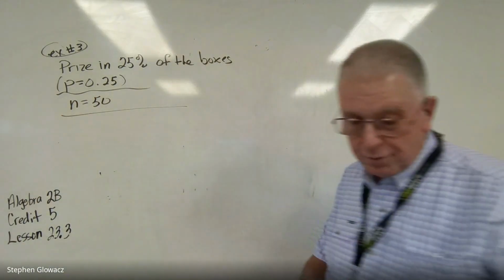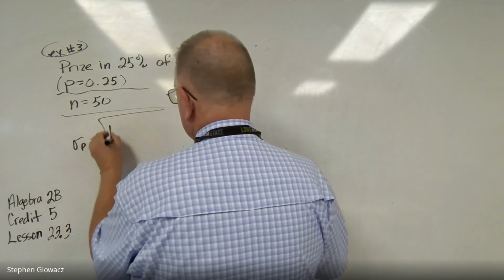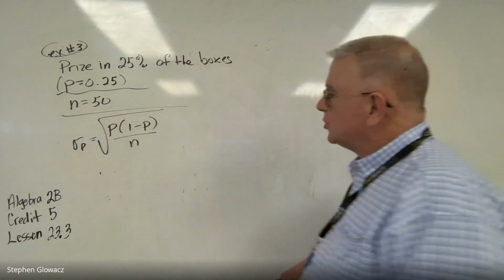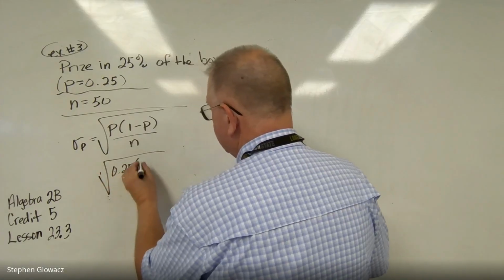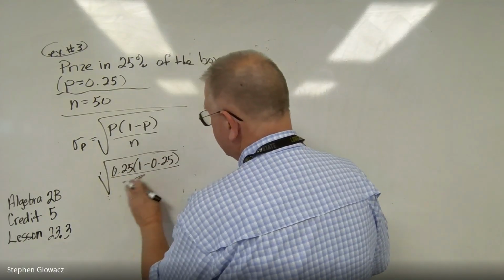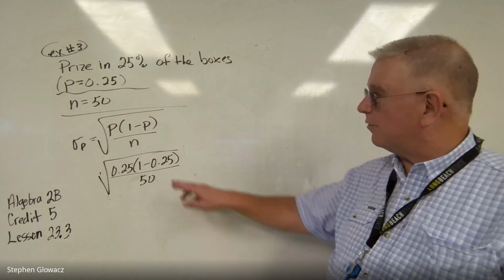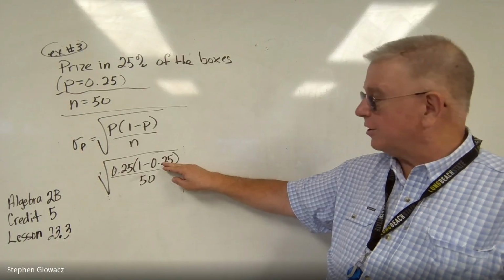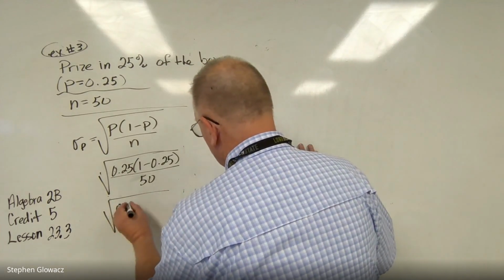All right, so let's go ahead and put our standard error of the proportion formula up here. The square root of P times 1 minus P over N. So P is 0.25 times 1 minus P, which again is 0.25, all over N, which is 50. Just like we did on problem 1, we're going to simplify using the order of operations in our numerator. 1 minus 0.25 is 0.75,